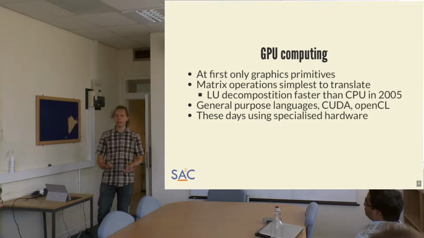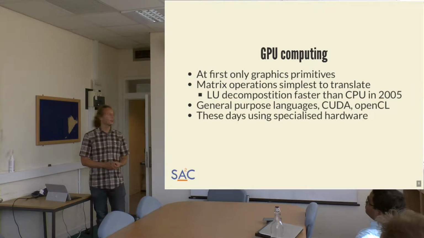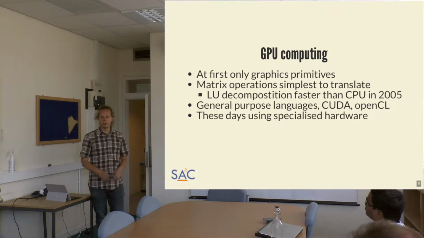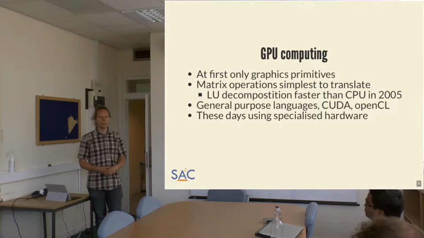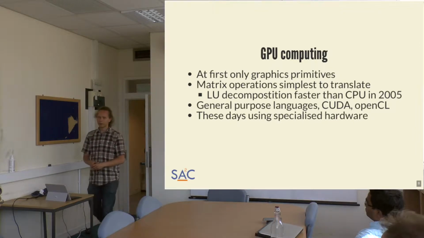So you can just write essentially normal C code or C++ code in CUDA and get something out that you understand. You don't need to learn anything special. openCL and OpenACC and the new OpenMP implementation are straightforward in